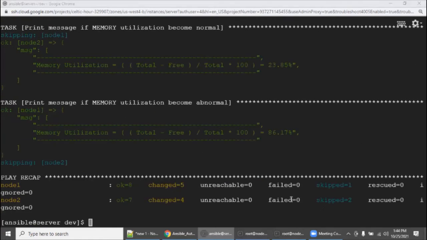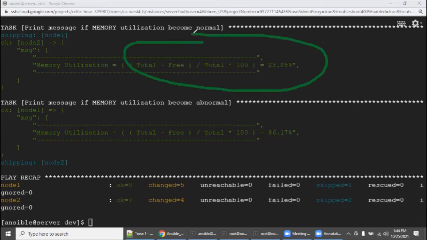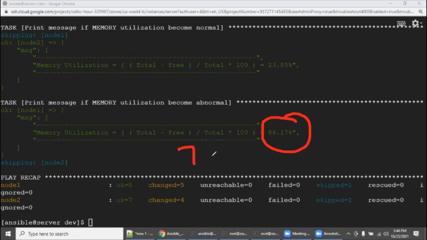See here. So we executed node 1. Node 2 is normal, right? Node 1 is abnormal. See, it became abnormal, right? So let's change the color. Node 1 is more than the agreed or given limitation. See here, 86%, but we have given the condition above 70%, right? So of course it's abnormal, right? So like this, you can check and prepare the scripts, and automatically you can print what you want.